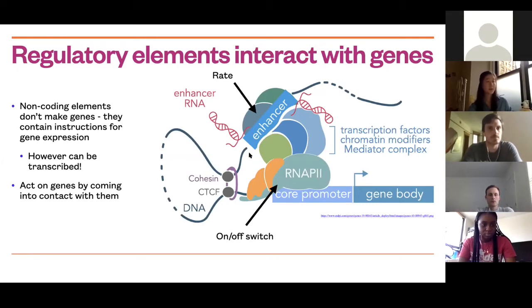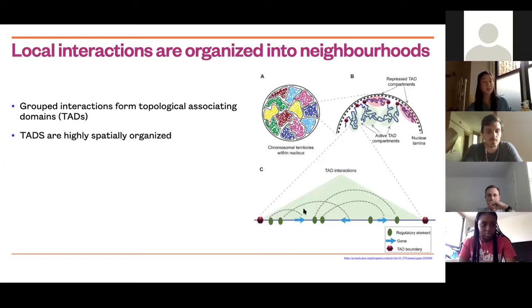I mentioned that these non-coding elements act through coming into physical contact with their target genes. You can imagine that they're not just floating around in space and coming into contact only when they happen to meet. This process is highly regulated into a bunch of local interactions. And these local interactions are organized into larger interaction neighborhoods that we call